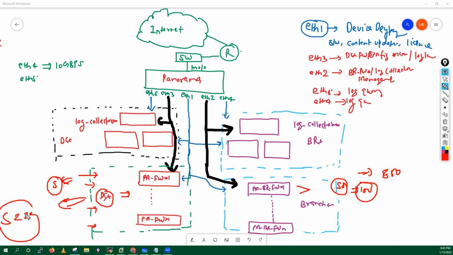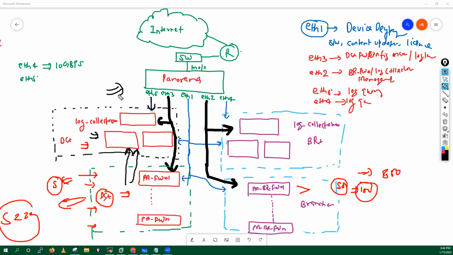Okay, cool. And the log collections which you have right now, the question is, these are the live queries that basically go back to the Panorama. Generally these are the log collectors. Whatever live logs are generated by these firewalls, they will send these logs toward these log collectors and they will store these logs. Whenever you need to run a reporting query from Panorama, Panorama will communicate with these log collectors and give you the details and the reports.